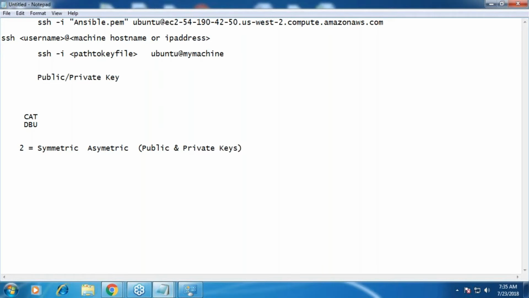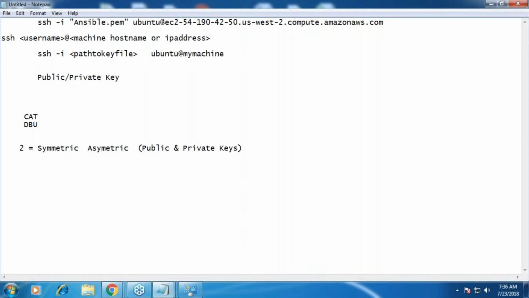Imagine as if your home has a lock where you can insert two keys. The property is something like this: when you lock with key A, you would only be able to unlock with B. When you lock with B, you will be able to unlock with A. For example, I cannot use the public key to lock and the public key to unlock. If I use the public key to lock, I have to use the private key to unlock. So the private key is with one person, and the receiver will have the public key. That's one way of looking at it.